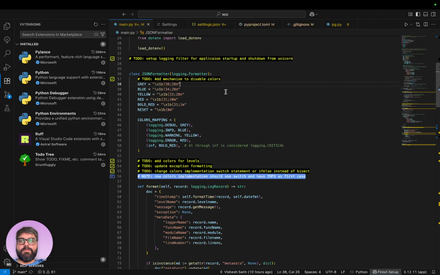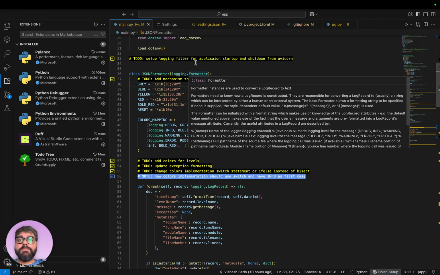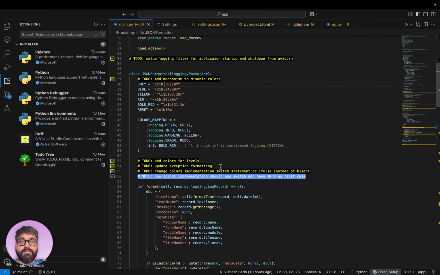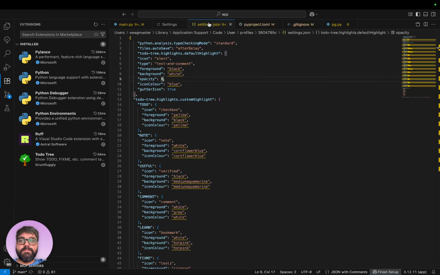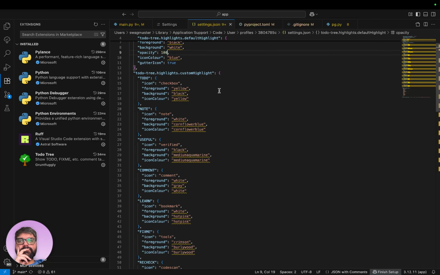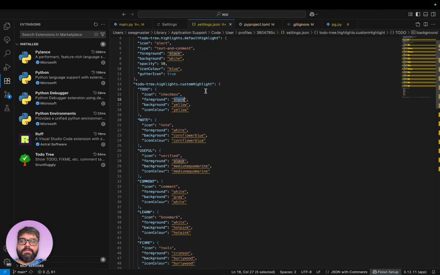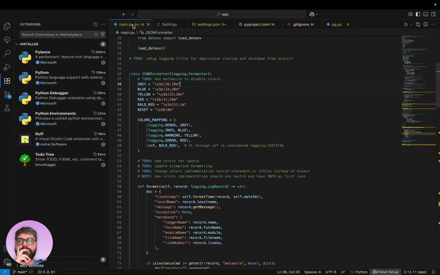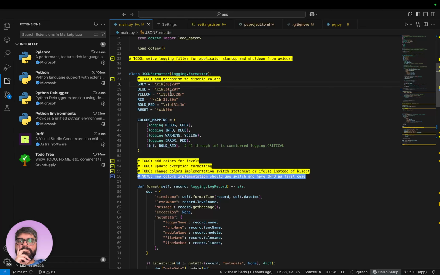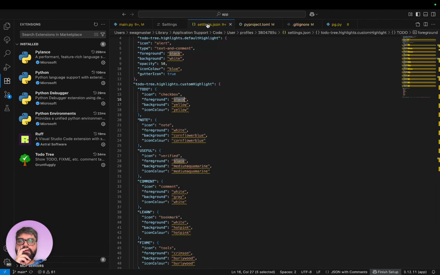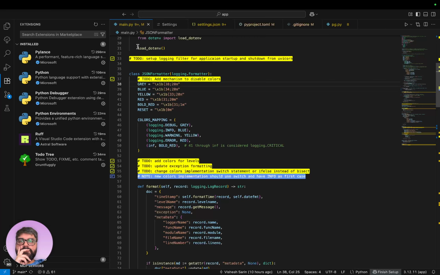Because the more. It doesn't seem to be making much of a difference. So the foreground is black, aka the actual thing.